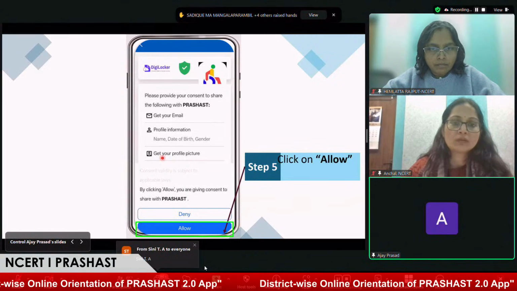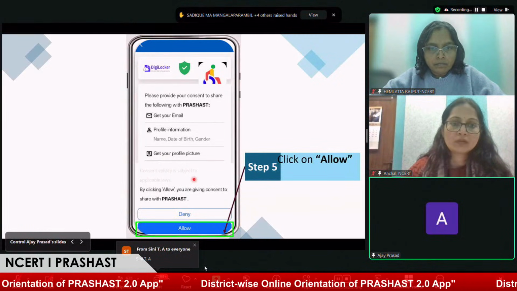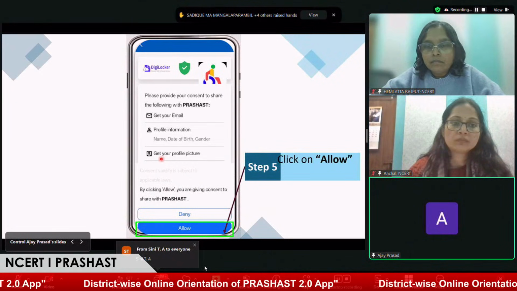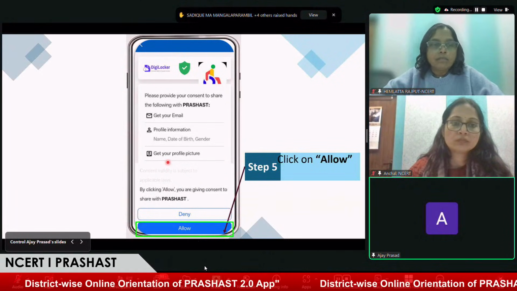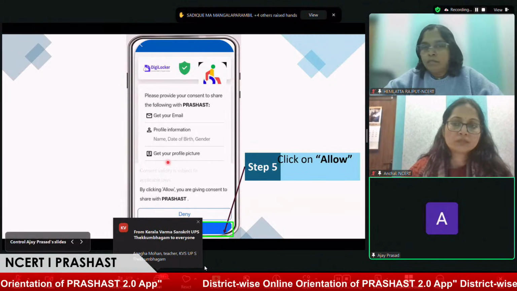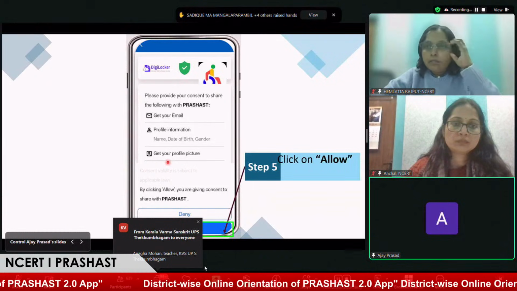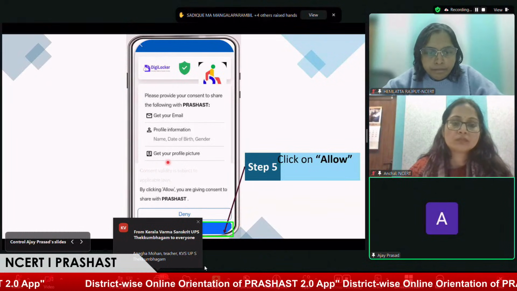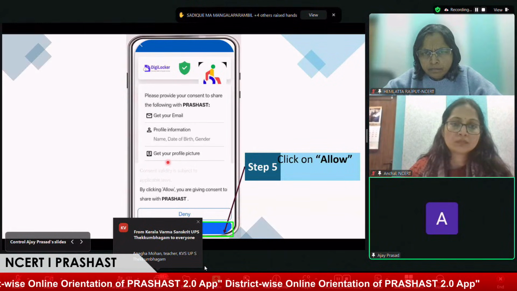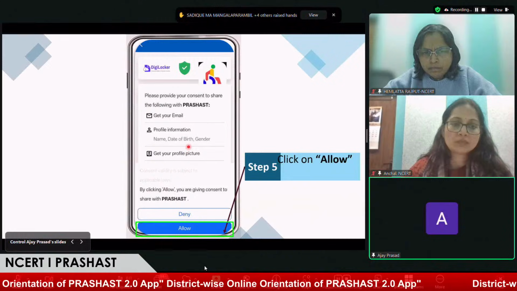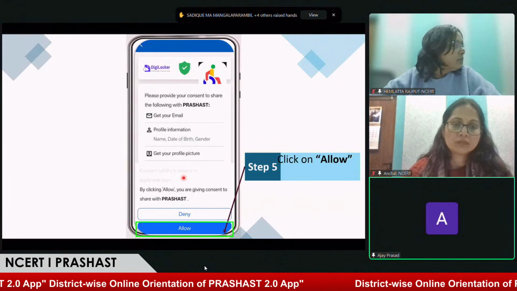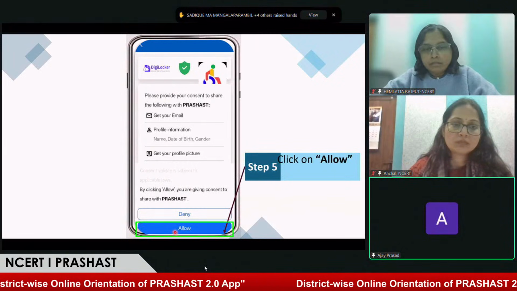So moving forward, before allowing, you'll get an option to give a consent validity. Consent validity is an option where, if anybody does not like to log in every day, or wants to stay logged in for a week or two, you can select those dates on this page only. Once that is done, click on allow.